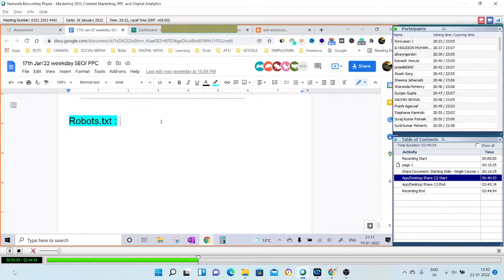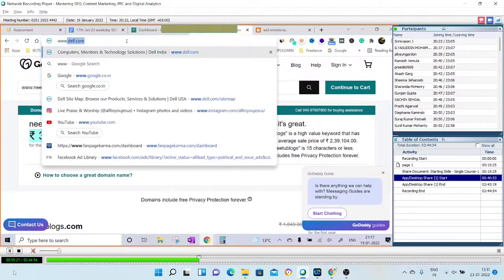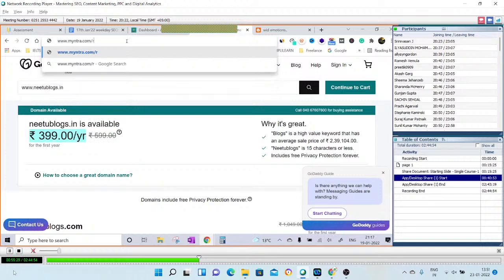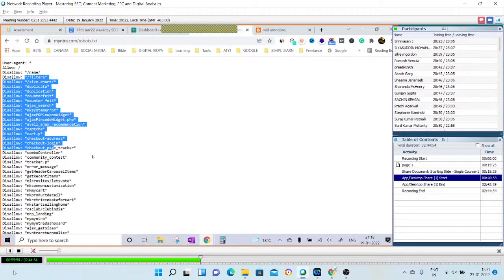So now I'll show you for a company and then I'll show you for one of my clients as well. The same way we did for the XML, I'm just going to write the website name, suppose www.myntra.com, and now I just need to put robots.txt. So there is a website, an e-commerce site in India, and I put just robots.txt as an extension. I press enter. This tells me there is a file with the name robots.txt, and inside the file, there are pages or categories of pages which are disallowed.